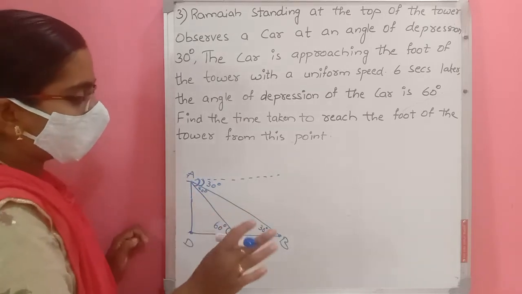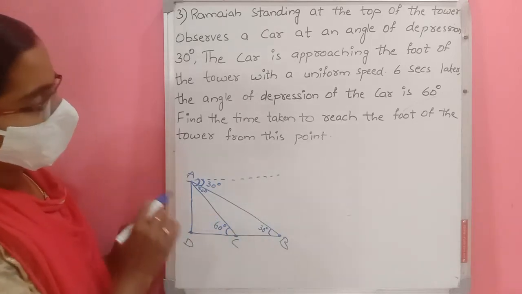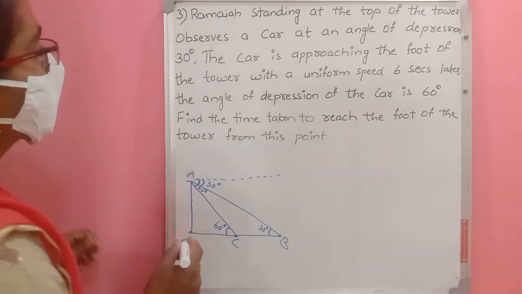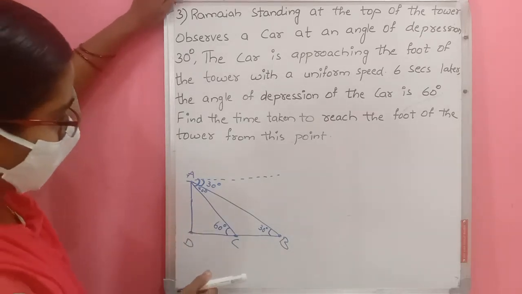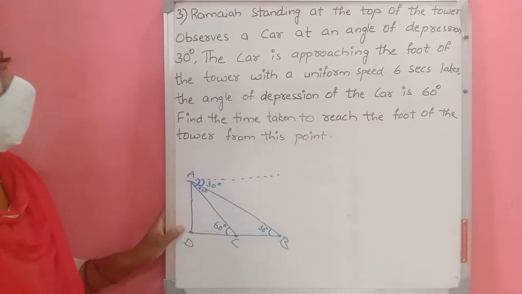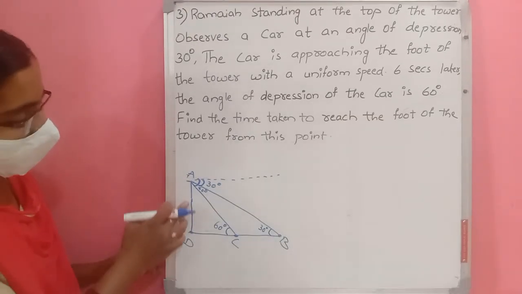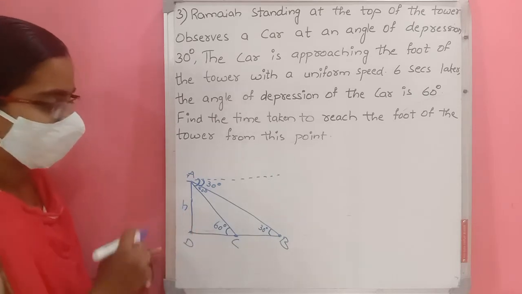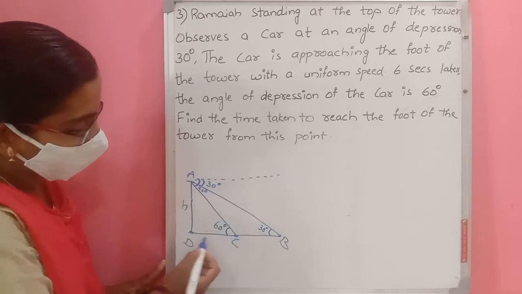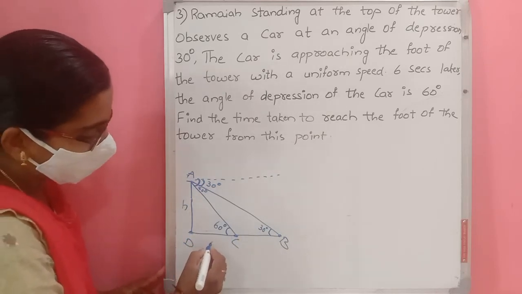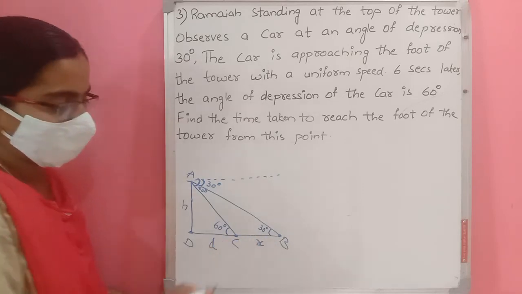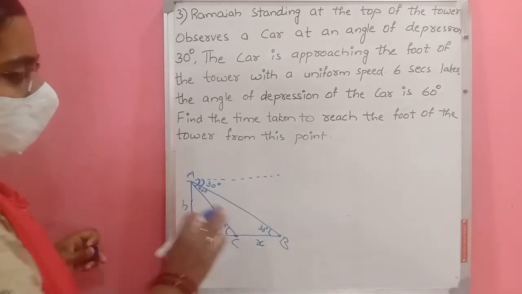Simply. So, now, here, what we need? This we need, first of all. So from here, take this height of this building, the top of a tower. Take this tower height as H. Height of the tower is H. And the distance from this point to this tower, take it as D. And the distance from C to B, take it as X. We don't know anything, right? So, take it as X.